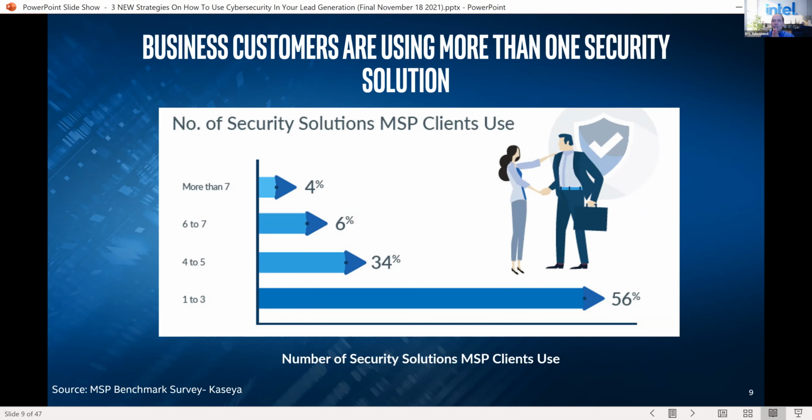The great thing is that in our space right now, from an SMB perspective, with managed services, people are willing to pay for not just one security solution, not just two. Think of a BDR, an assessment, data analysis. Over 50% are saying they'll take 1 to 3, but then you look at that 34%: a third of the customers are expecting 4 or 5 solutions. I'll pay for 4. They want to have that multi-layer security.